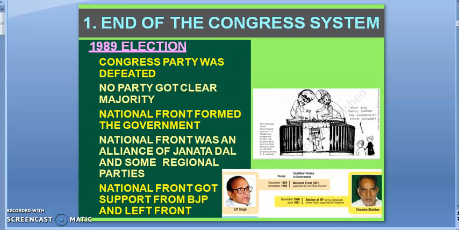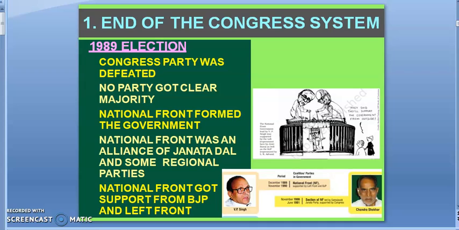In 1989, when Congress was defeated, there was no single party which got a clear majority. So at that time, some parties joined together and formed the government,